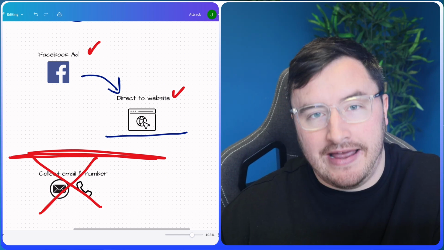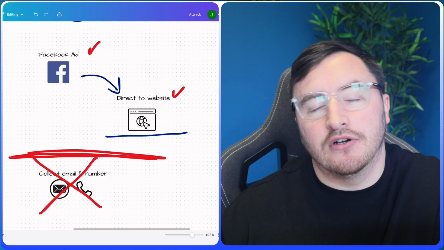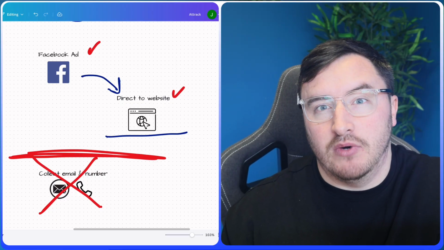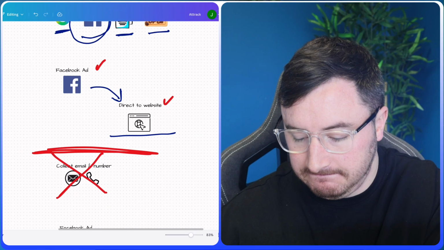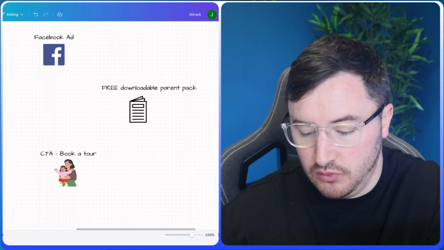But you don't have any data on that parent. You can't email them any information. You can't call them to book a tour because you've directed them straight to your website without capturing that data. So if we look at a slightly different method,